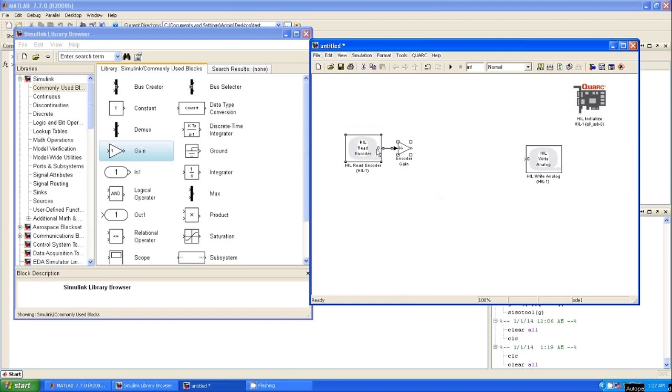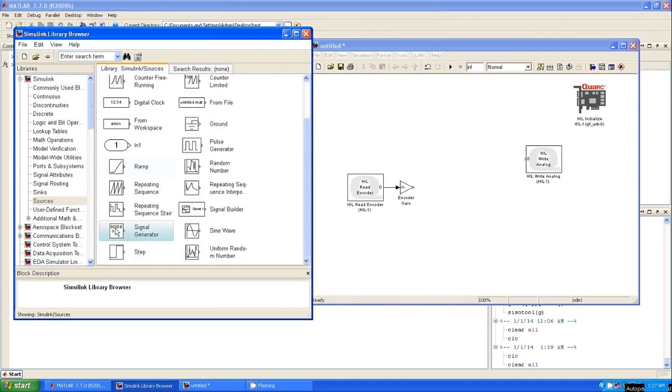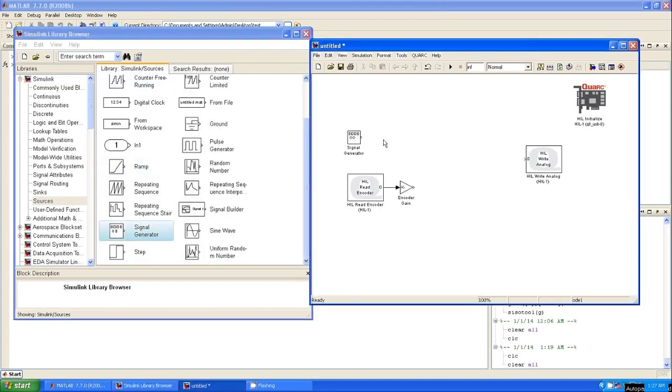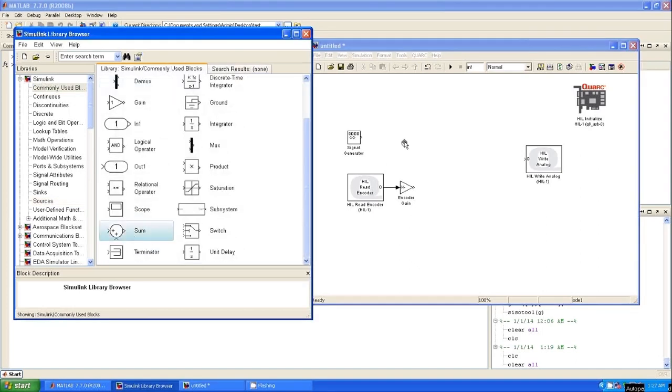Okay. Now let us create a closed loop system. For that we require a reference signal. Let us choose a signal generator and a summer block for evaluating the error.